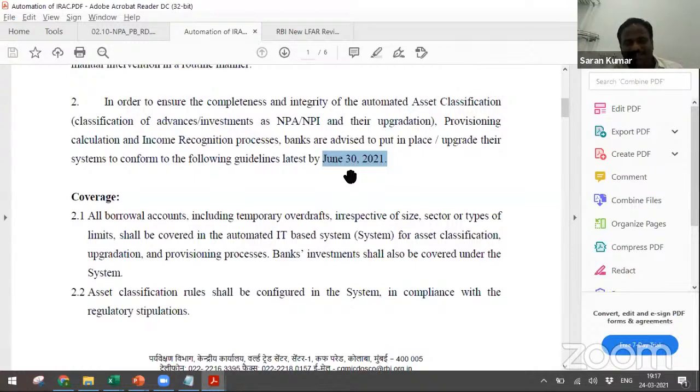That means leave about this year audit, next year audit, by the time you go, that means as on 31st March 2022, if system automatically calculates everything, is there any work you need to do with respect to the NPA related? No. This entire work, because system has done everything, taken care. But the point is, system calculates only when there is a proper input. When there is no proper input, obviously you can't expect the output properly.